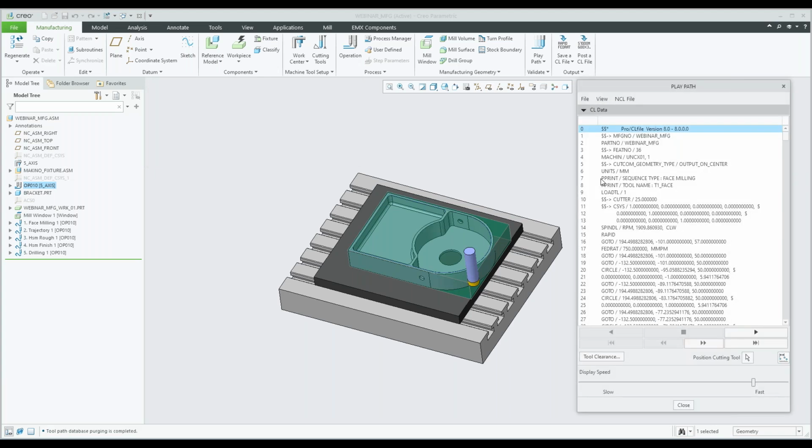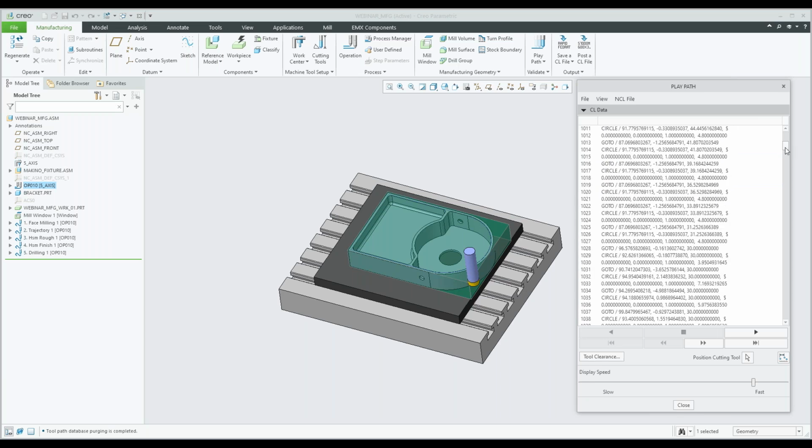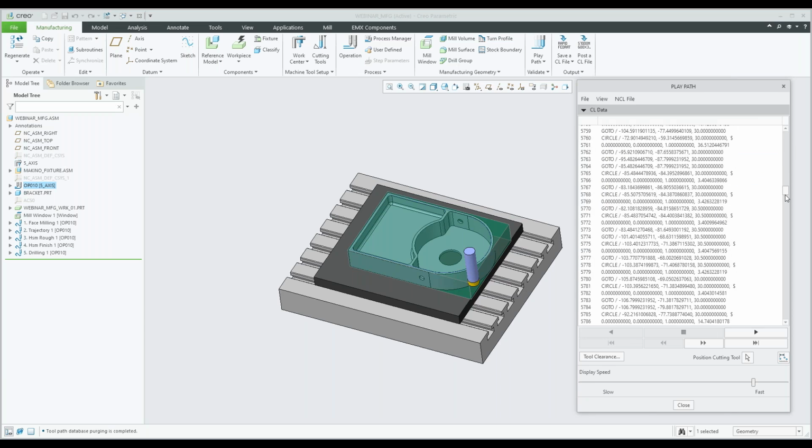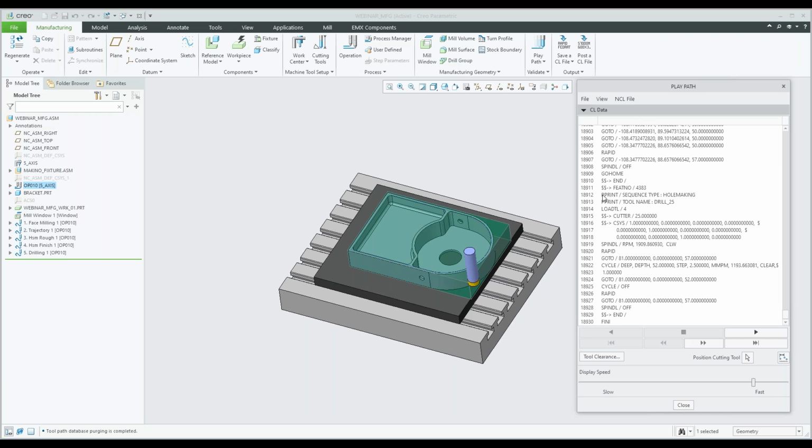So you can see we have this Pprint in here now, sequence type. So that's the face milling. The tool name is tool 1 face. And then if you scroll down a little bit, where's the other ones? I know the drilling is at there. So Pprint hole making, okay, and the tool name. So let's output this and see if we